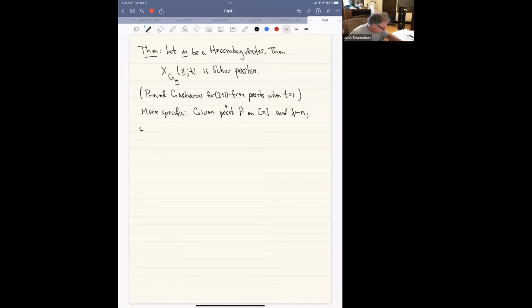And then I want to define a P-tableau of shape lambda, which is a filling of the Young diagram of shape lambda with 1, 2, up to n, used once each,